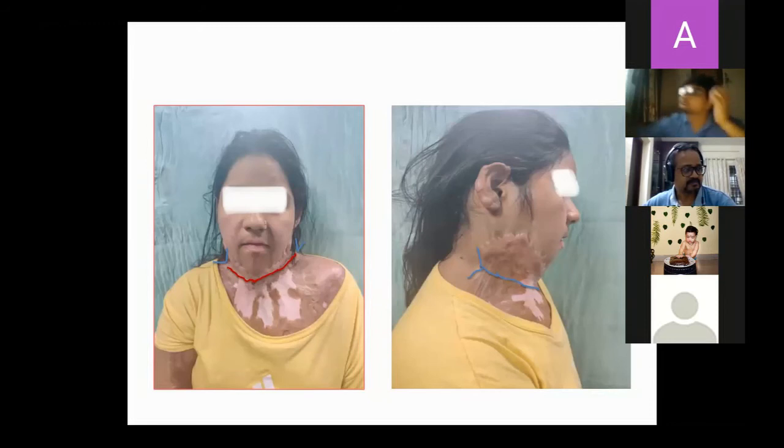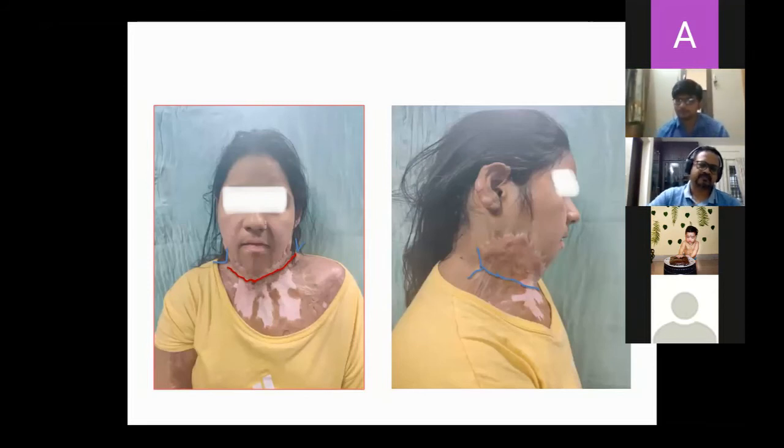Actually the problematic area is the transition line, the angle of the mandible and the lower jaw. That area where the contracture extends is a problematic area. Usually with whatever you do, patients will tend to develop a hypertrophic scar. So you should take care of the management of the hypertrophic scar and the vitiliginous patches. And you should also provide comfortable clothing, whatever it is, which you should discuss and ask the patient to wear. So burns management is a long drawn process. It doesn't stop with treating the burn scar alone.